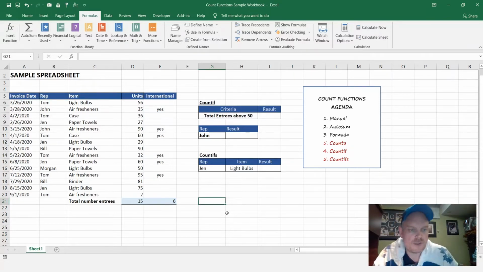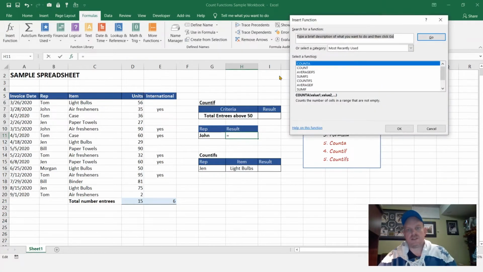So what if I'm looking to find how many cells contain certain criteria? Then I can use the COUNTIF function. So for this example, I want to find out how many invoices John had. So to do this, come over here to insert function, type in COUNTIF, go,